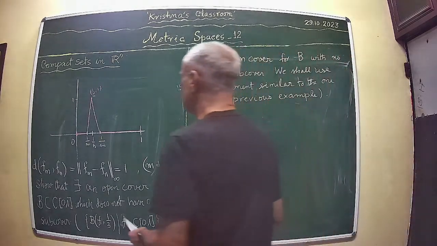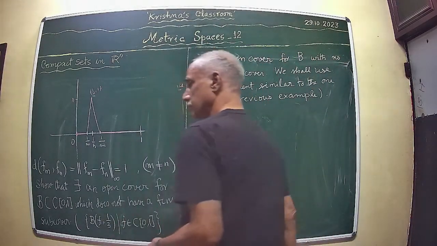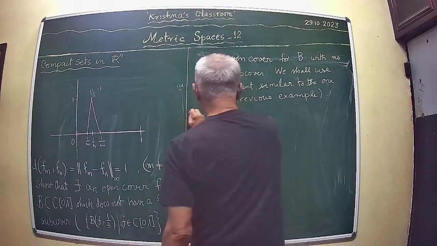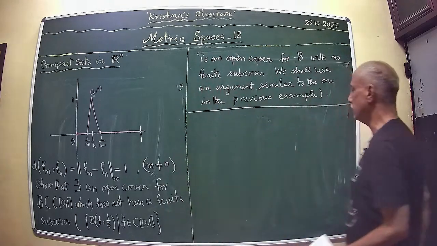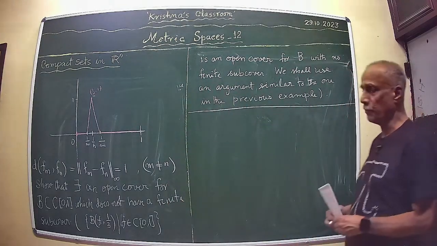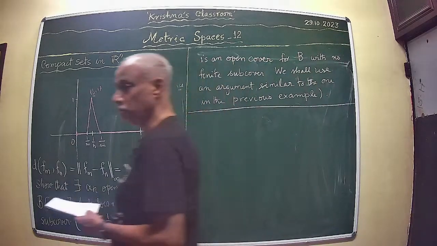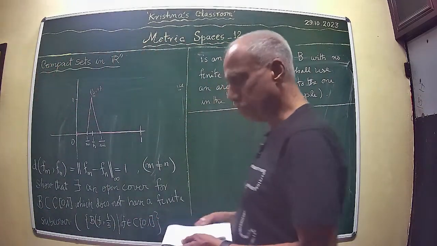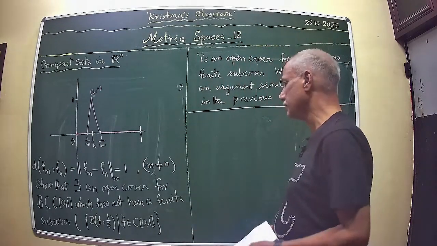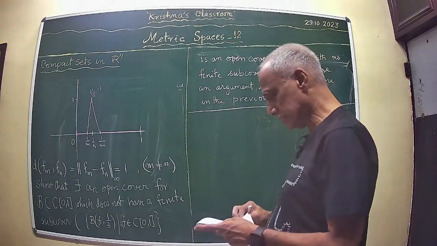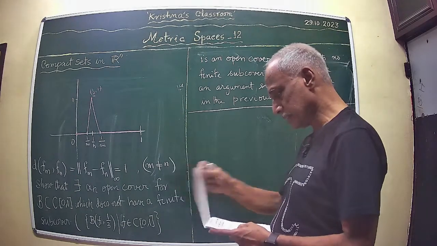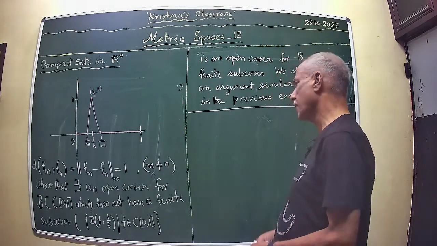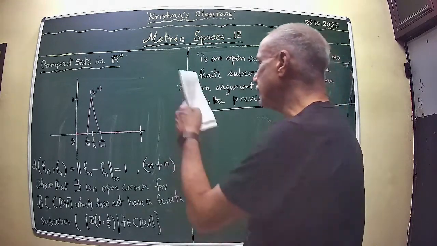Okay. Therefore, this is another example where the closed unit ball B is not compact, although it is closed and bounded. Okay. So that completes some exploration on that. Now we pass on to